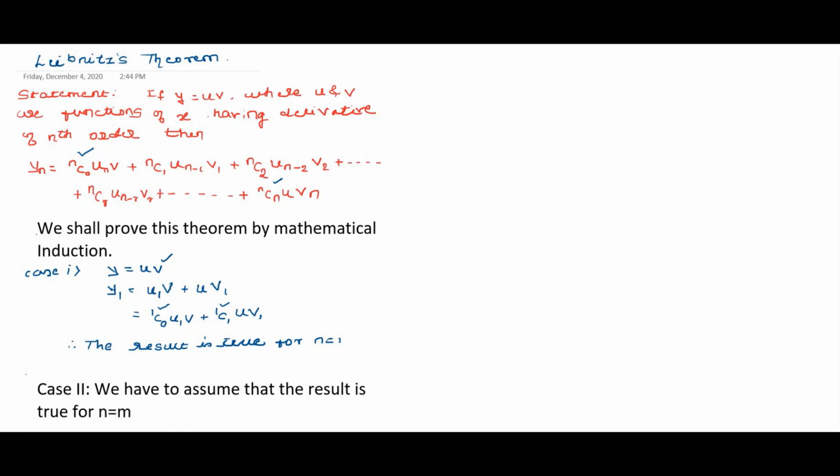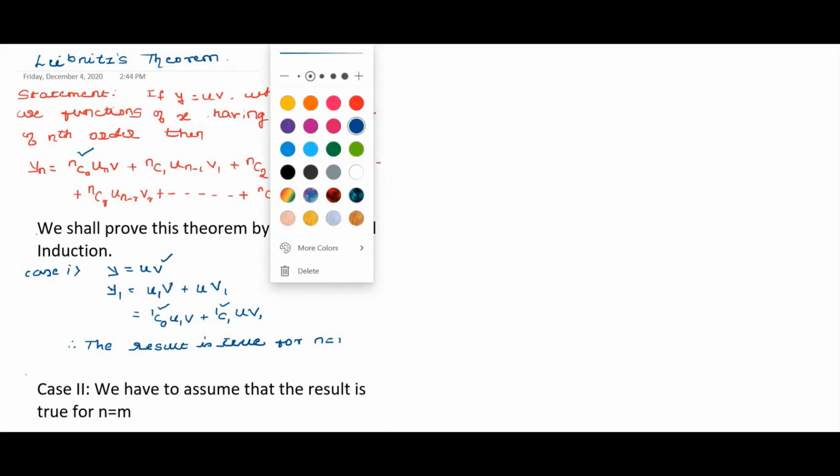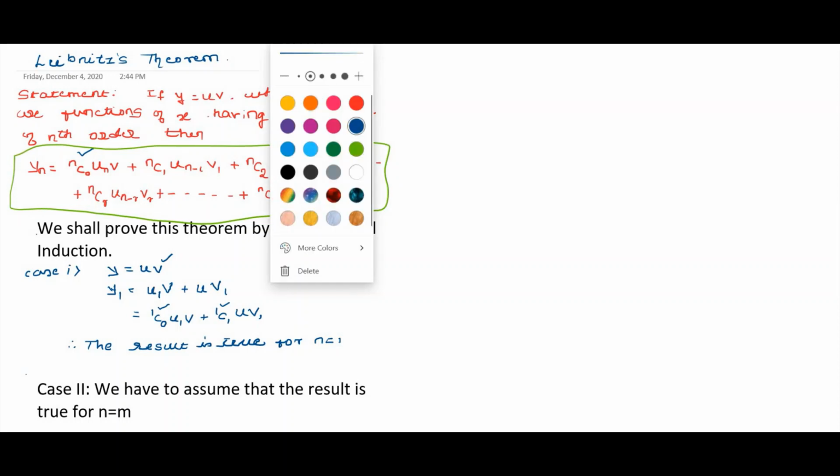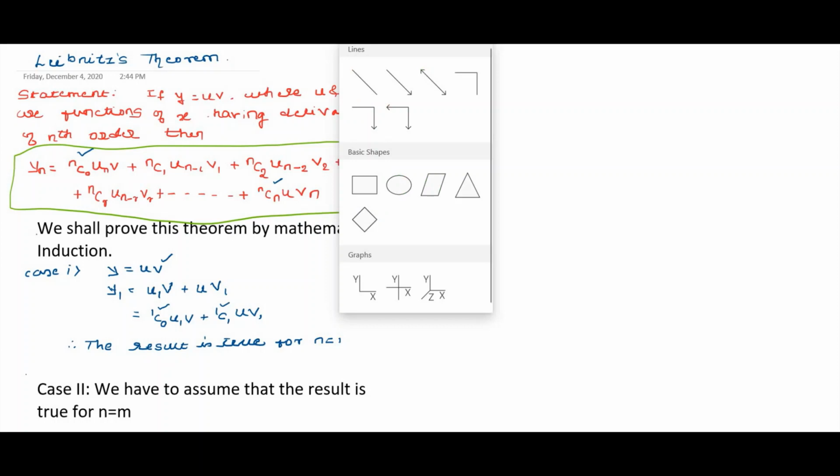Means just we have to write down this equation, the given equation by replacing n by m, so that what we get is